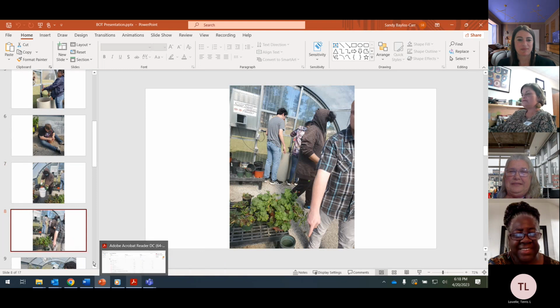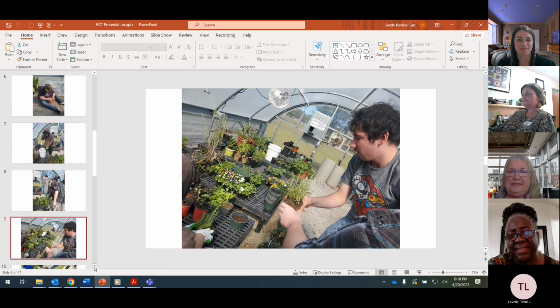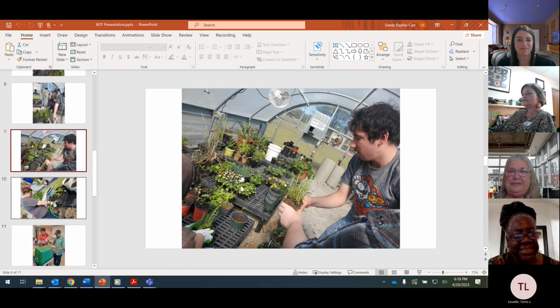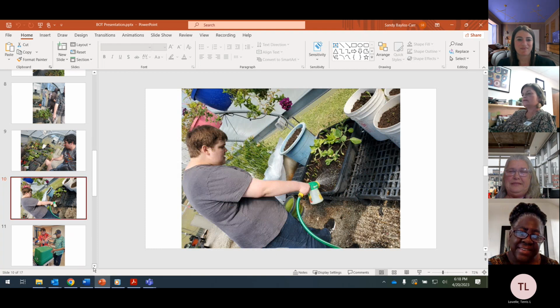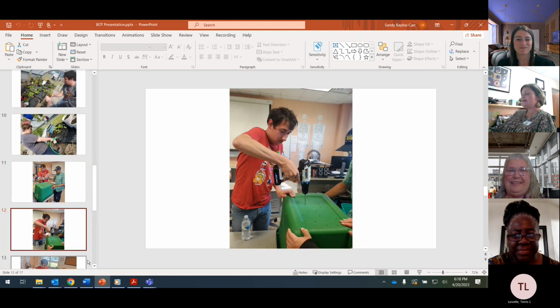Here's a few more. There's a lot of them in the greenhouse. And here's one where she taught them how to drill and things like that. So that's what they're doing here, drilling holes. I think they were doing a compost. I don't know anything about all that, but I think that's what she said they were doing with this. But I think right now they're building some wooden planters for our little plant donation event.